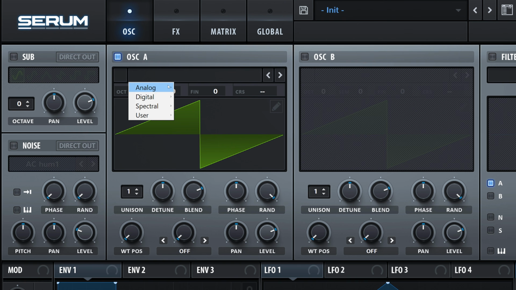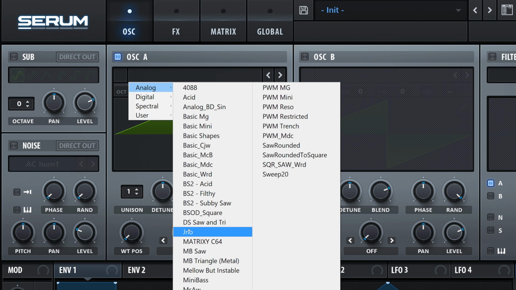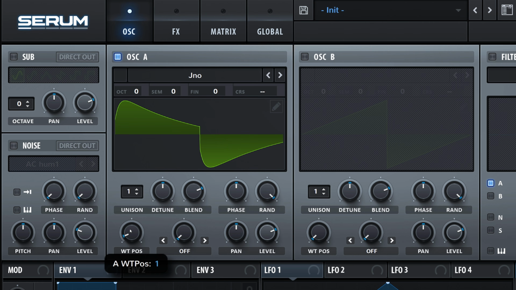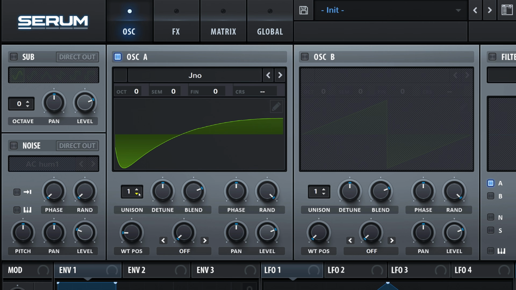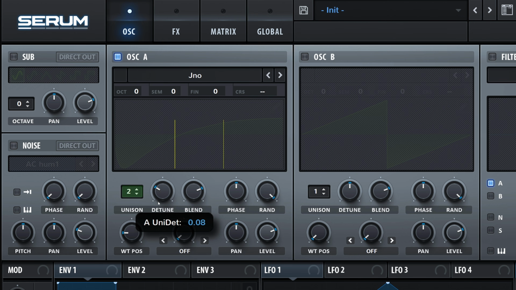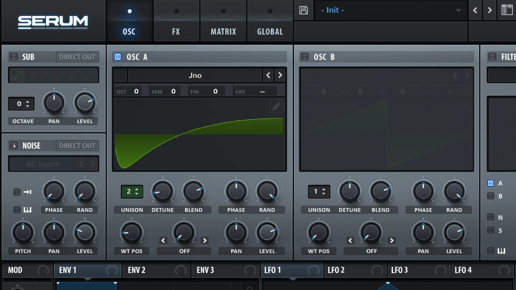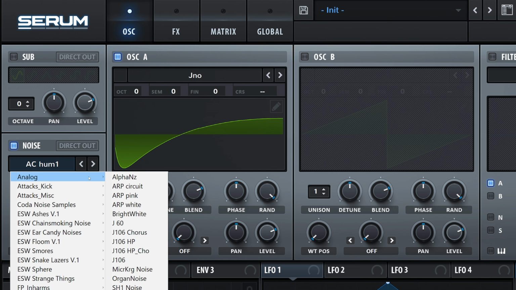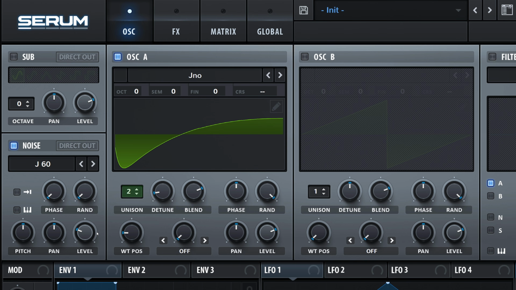Let's start by selecting Analog followed by Juno. Select Wavetable position 2 for a sawtooth wave and set the unison to 2 with a detune of 0.02 for a subtle stereo widening. Now turn on the noise oscillator and select Analog followed by J60 for the accompanying Juno